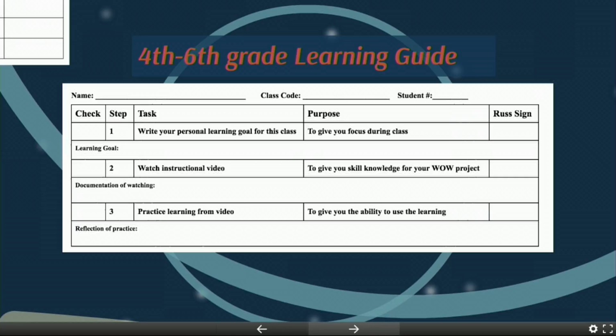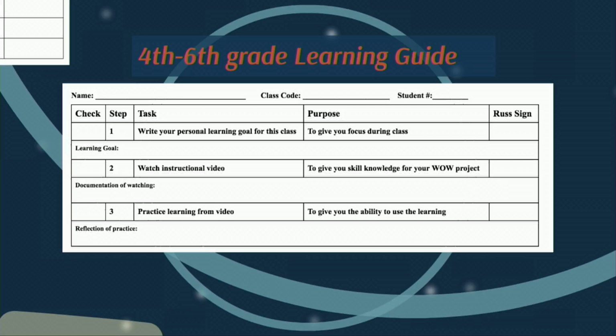This is when you get closer to 4th. I haven't yet done this with 3rd grade. This is a little too advanced yet. My 3rd graders are still at the very simplistic form, but 4th through 6th grade, this works really well. You'll notice that it says things like write your personal learning goal for this class. Even if that goal is listed on the board, by having the students write it down,